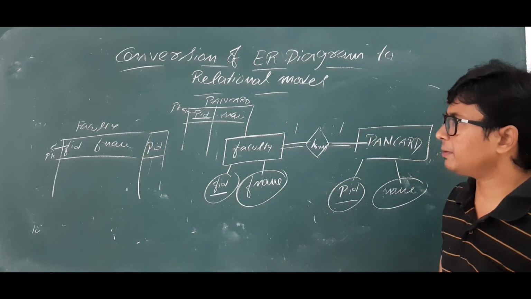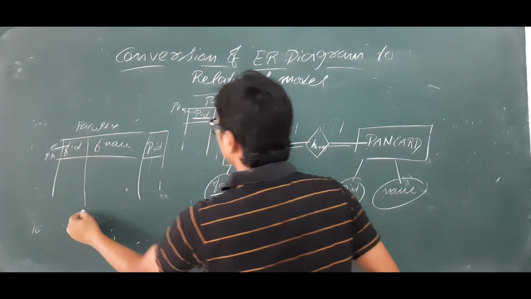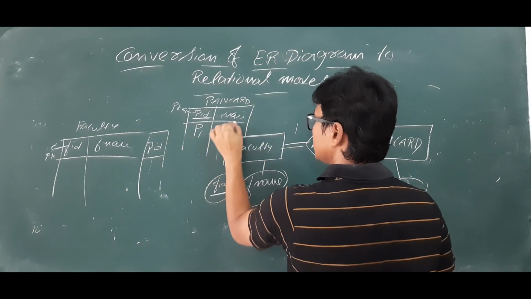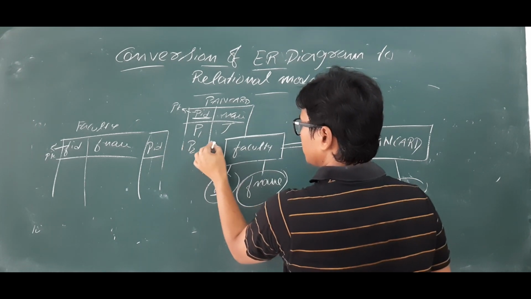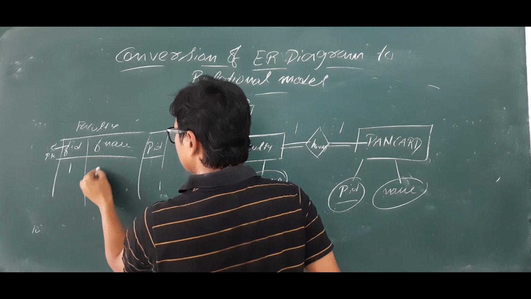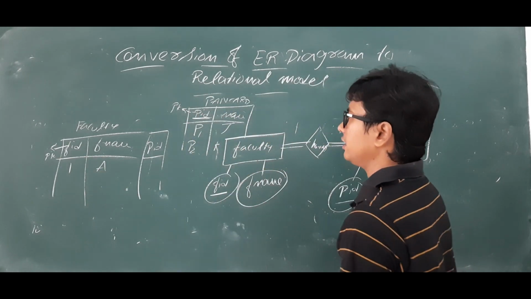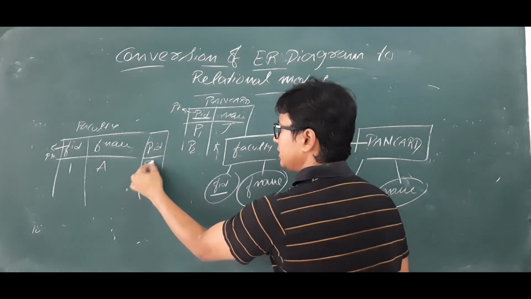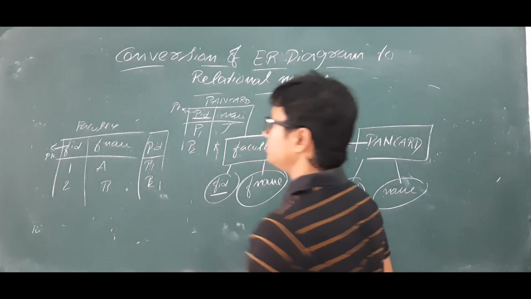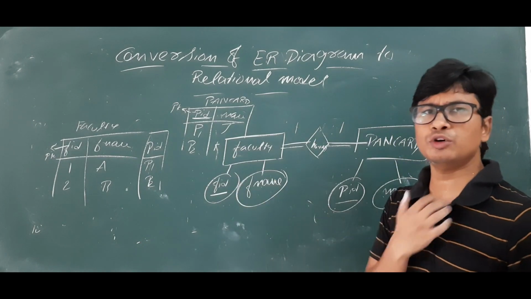Will it be any problem? Why will it not have any problem? PAN card ID 1 or P1, name is something J, PAN card number 2, some K, faculty ID and some A. A is having a PAN card called P1. So I will write here 2, B, he is having PAN card number 2. So it is okay. There is no problem.